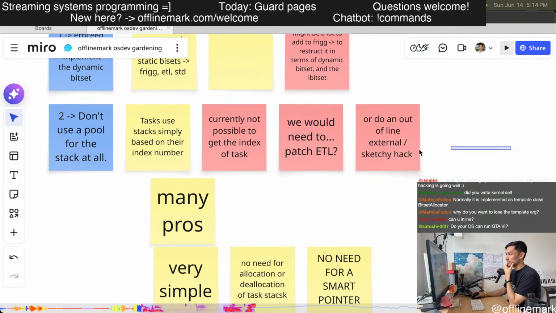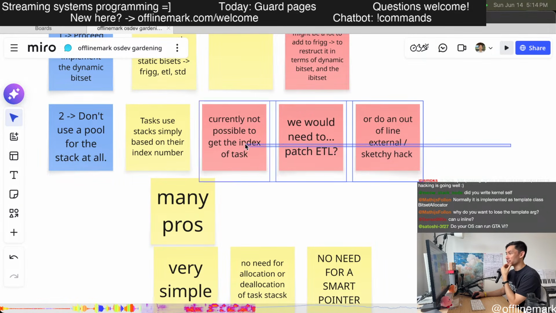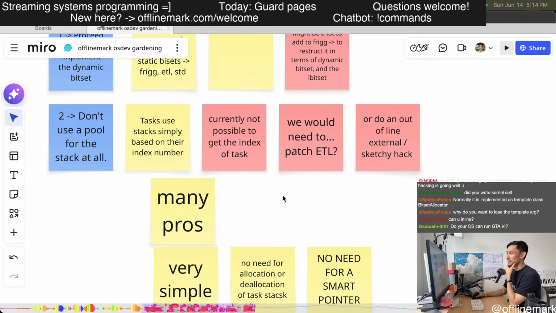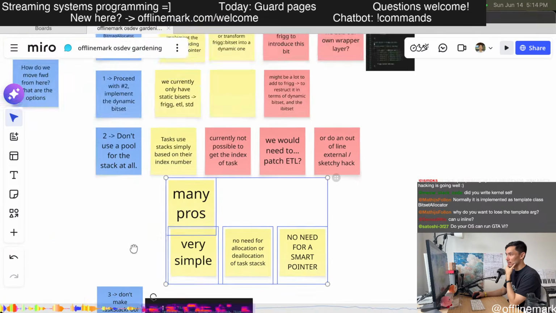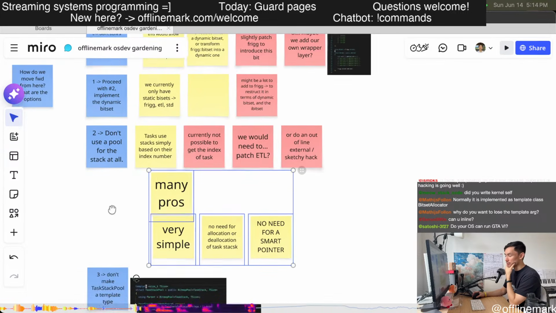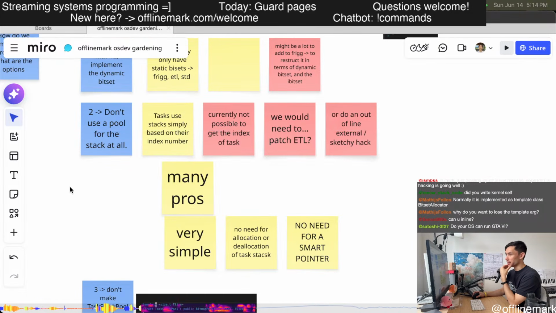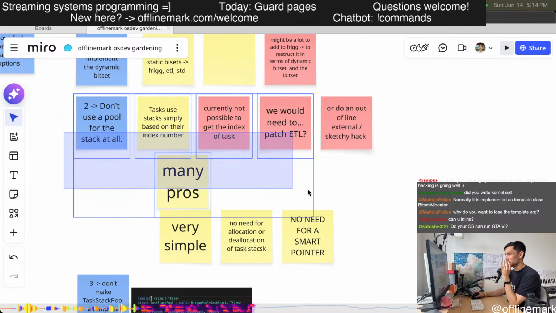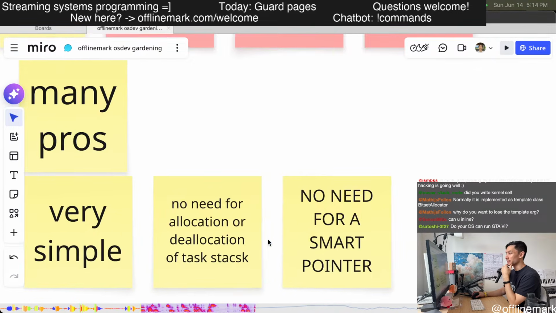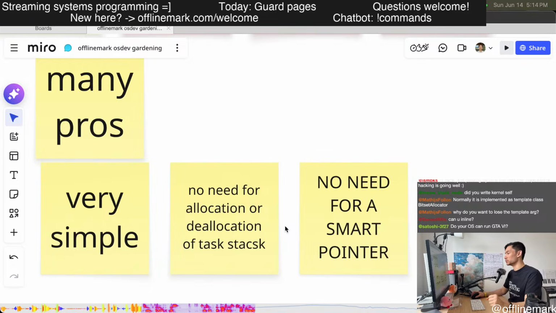However, this is probably the smallest patch of all and has so many positives. It's really such a positive that if we go with this solution, it structurally removes a lot of the problems. We don't have any need for a smart pointer anymore.